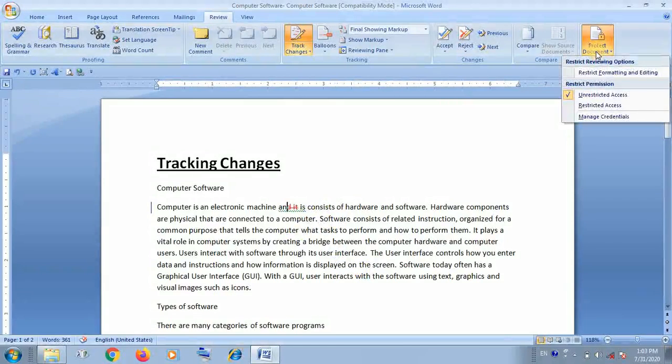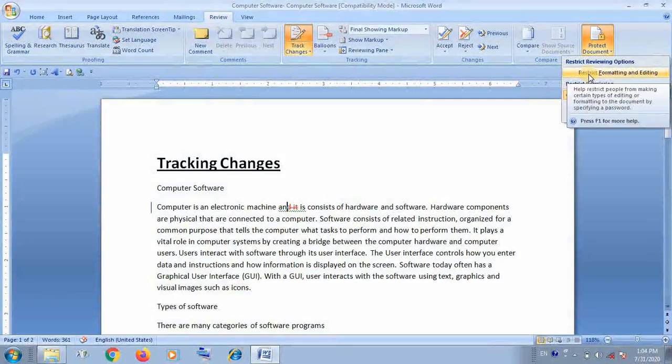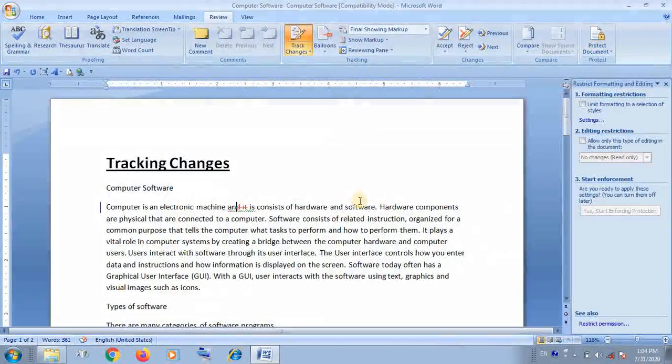Then if you want to protect track changes, because your co-partner or friend may also know this option, he will remove it from here, apply changes, and again save it. So for this you have to protect the track changes feature here.